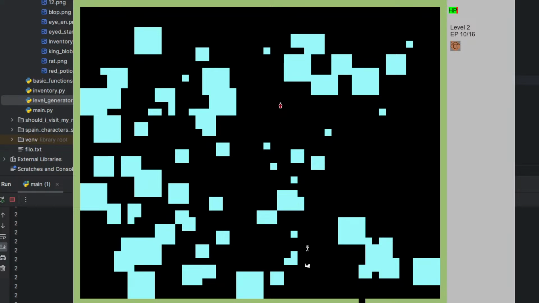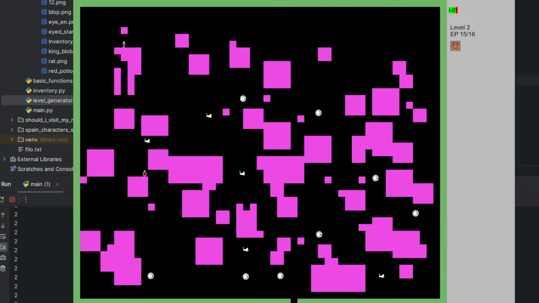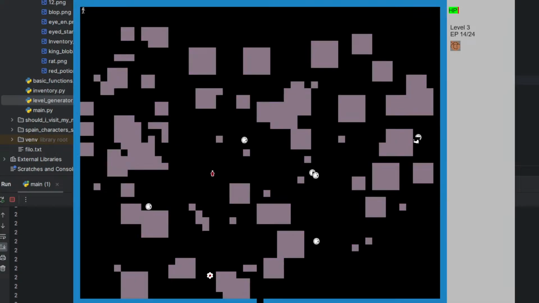but they give a little bit more HP. Finally heading to level 3, but we still need to reach level 5 for the boss room. Here we got the larger enemy type, but only one of them.